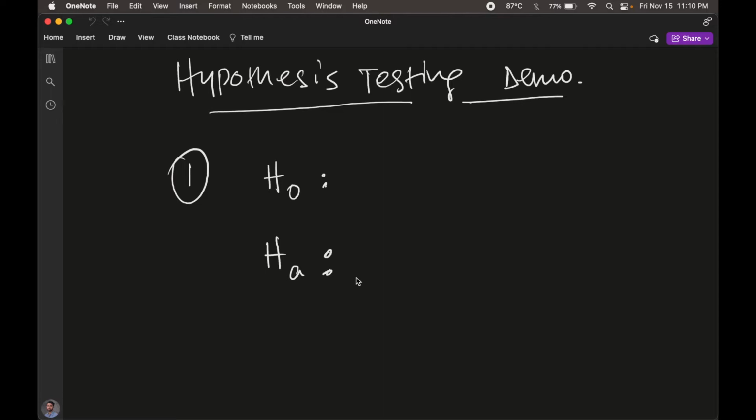Based on the videos that we have previously had and the content that we have covered, we've basically been dealing with the mean values, the average values. We have ignored proportions, we've ignored any other cases. We have specifically looked at average values. So if I am to construct, for example, a null hypothesis for, say, happiness index,